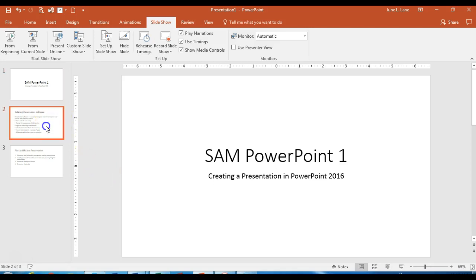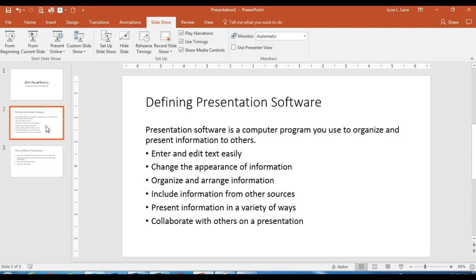Before you get started, we first need to define what presentation software is. Presentation software, also called presentation graphic software, is a computer program that you use to organize and present information to others. Presentations are typically in a slideshow, and as you can see, I created a simple 3 slides